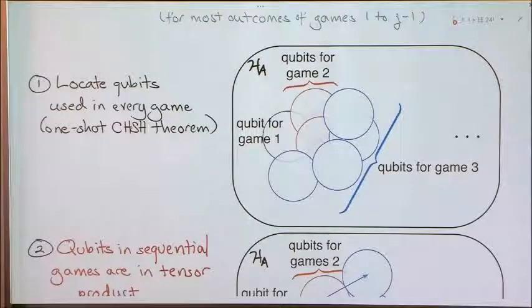Okay. All right. So now we have these qubits, but they're all messed up. Like they overlap each other potentially. The qubits you're measuring in different games, and there's some history dependence potentially. Like the qubit you measure in game 2 could be either of these 2 red qubits, maybe, depending on the outcome of game 1. And actually, there's 4 outcomes of game 1, so there's 4. I should have drawn 4 of them. The location of the qubit you measure in game 3 could depend on the outcomes of the first 2 games. So again, there could be lots of different ones.